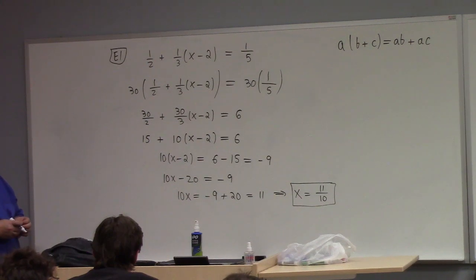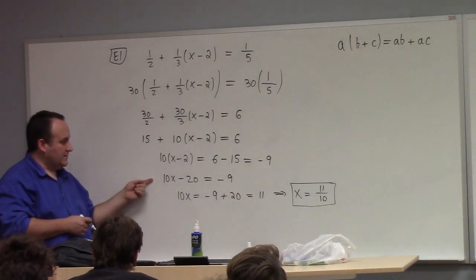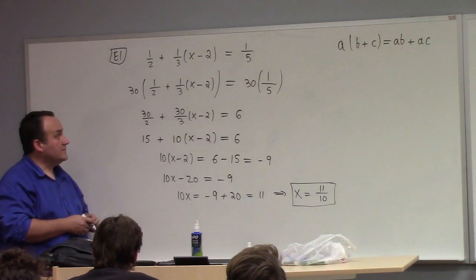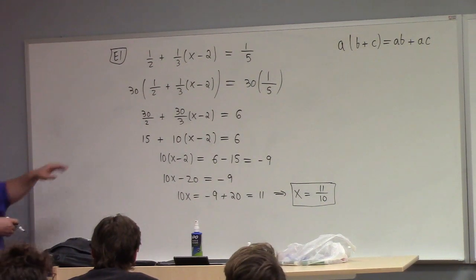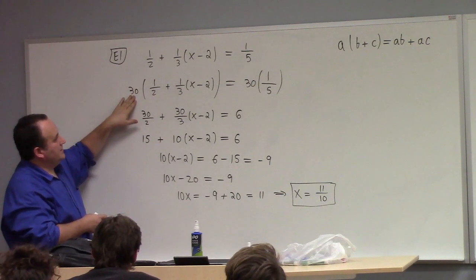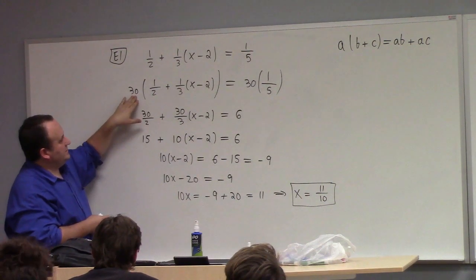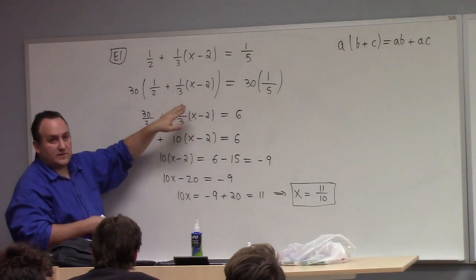Why does nothing happen to the x minus 2? Well, we multiplied it out here. I just meant like when you multiply everything by 30, how come x minus 2 stays constant? Well, we multiply the 30 up here. So it's 30 times this plus 30 times that. All right. So,